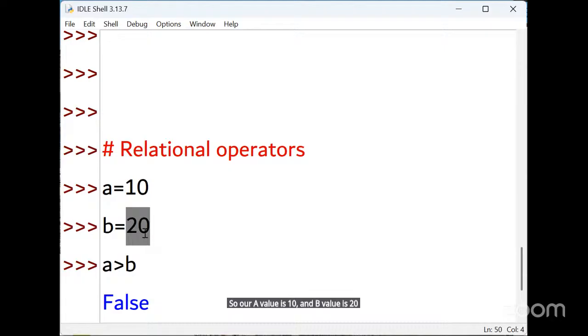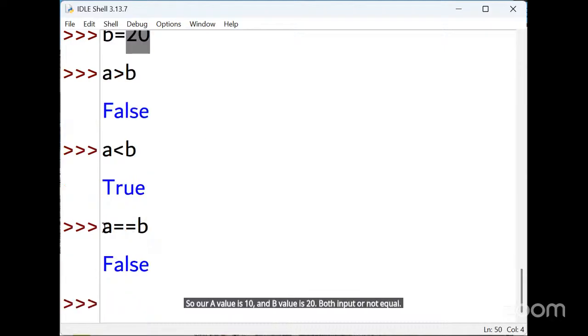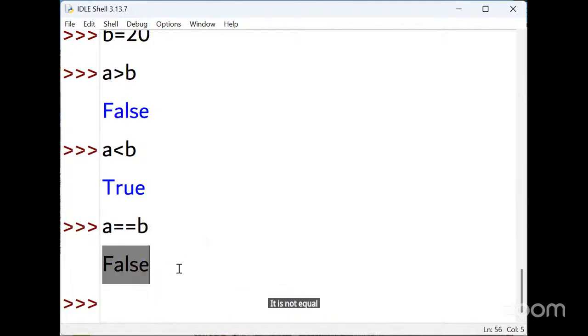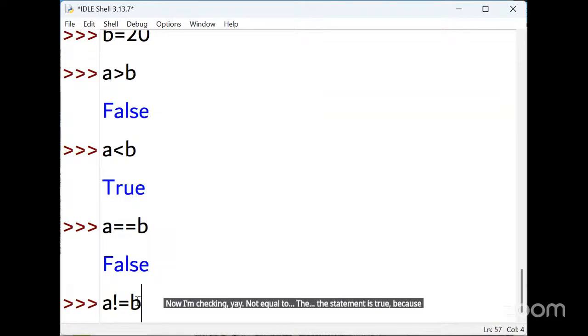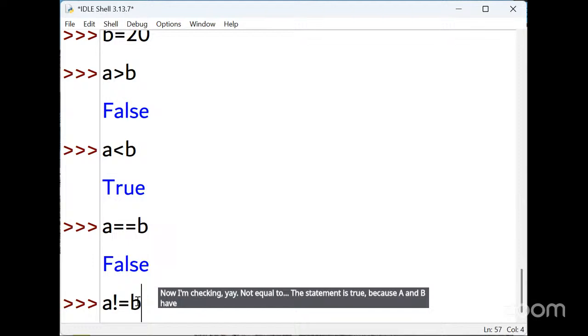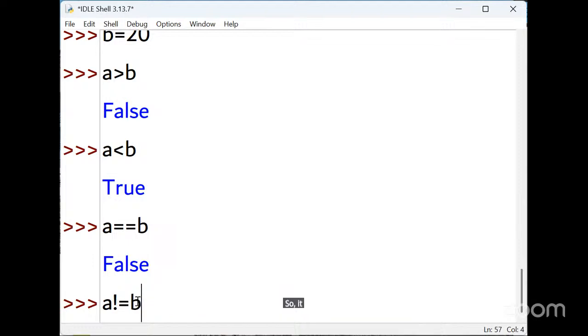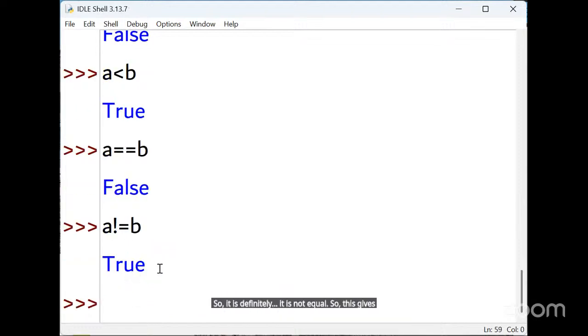Both inputs are not equal, so comparing A is equal to B gives false. Now I'm checking A not equal to B. This statement is true because A and B have different inputs, so definitely it is not equal. This gives the output true.